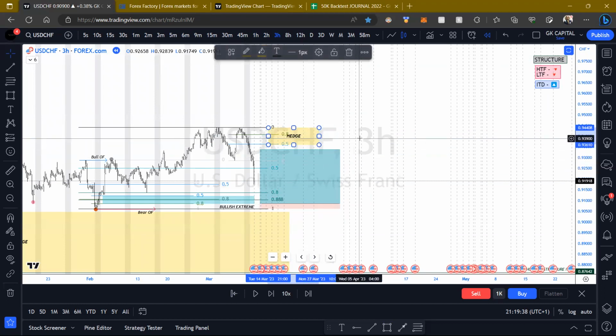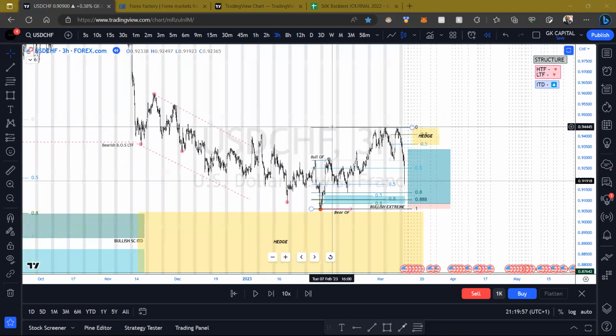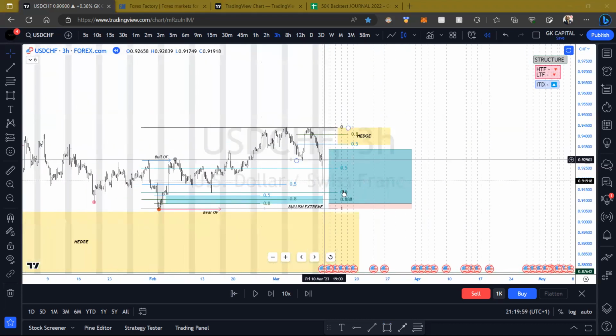Hedge here. Okay. If I get into this buy and price is here, there is no reason why I shouldn't try to get into this hedge here. And if I do risk this, and if this goes down, then this limit is more of a reason to be back on, if that makes sense. Cool. So that's pretty much it.